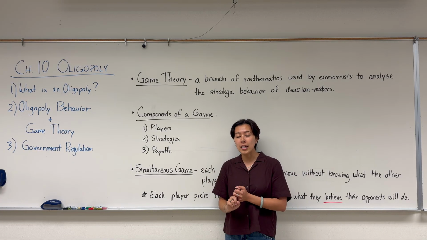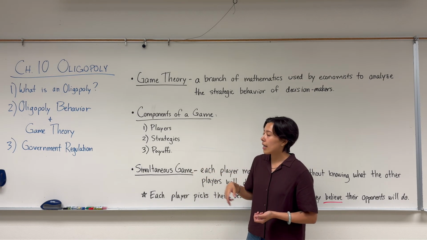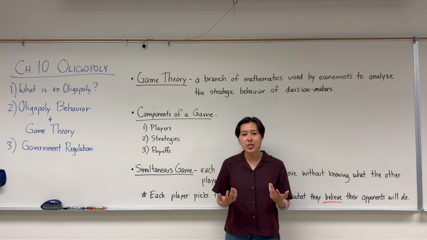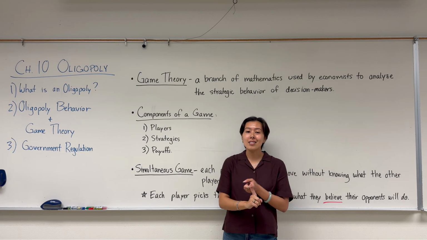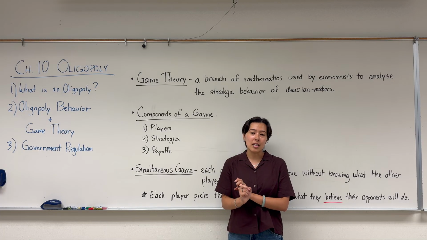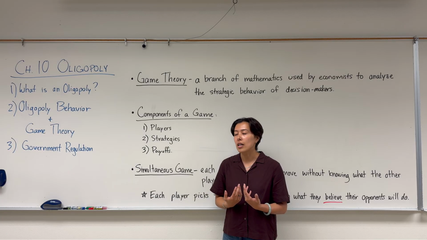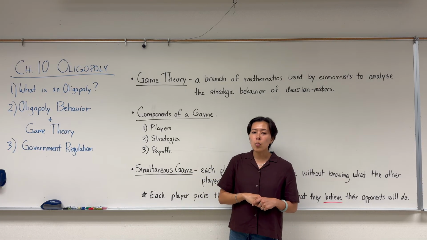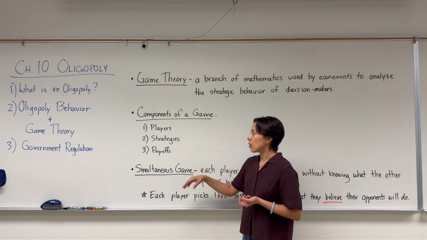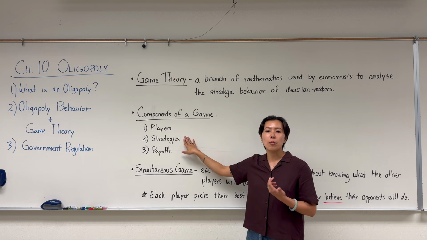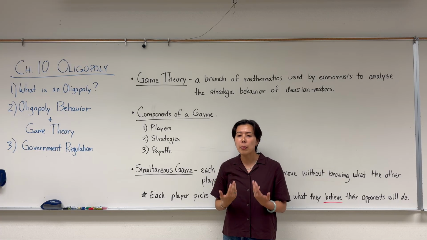First, we need to know who the players are in our game. So for us, that's going to be our firms. Then we need to know what strategies or what moves are available to the players of this game. So for our firms, this could be what prices they could possibly charge, how much output they could produce, or maybe something more abstract like the decision whether or not to advertise. Lastly, we need to know what the possible results, outcomes, or payoffs are for this game. So based on the strategies or the moves that our players actually select, we want to know what the payoff or that result of playing this game will be.